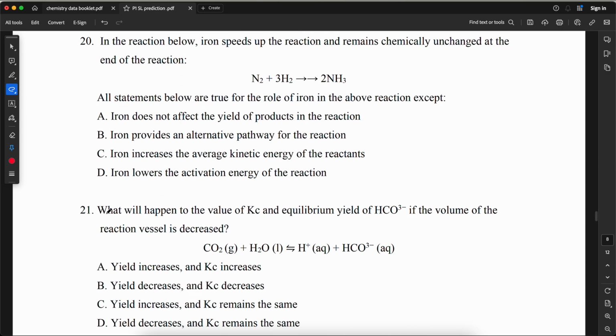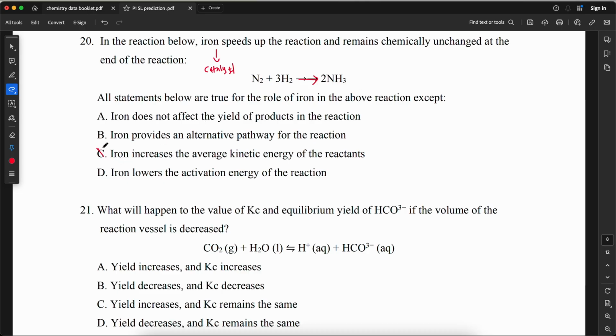In the reaction below, iron speeds up the reaction. So iron is a catalyst and remains chemically unchanged at the end of the reaction. It's not consumed. Okay, so all statements below are true for the role of iron in the above reaction, except